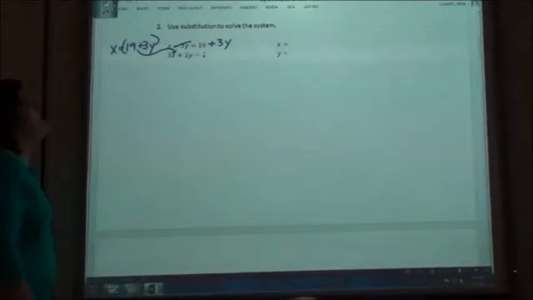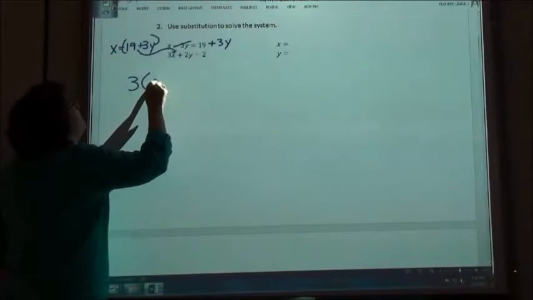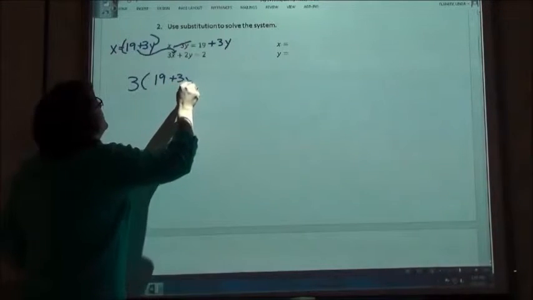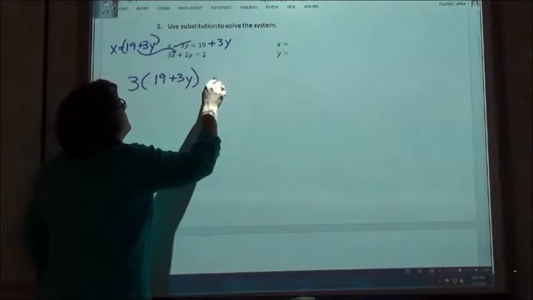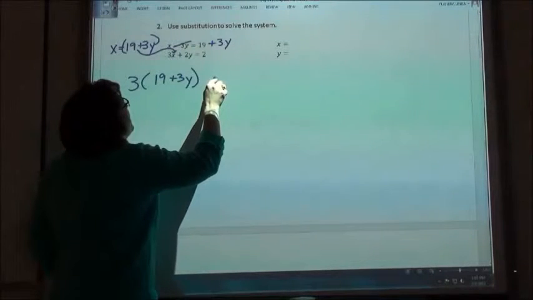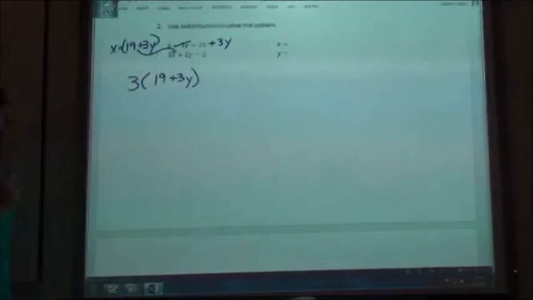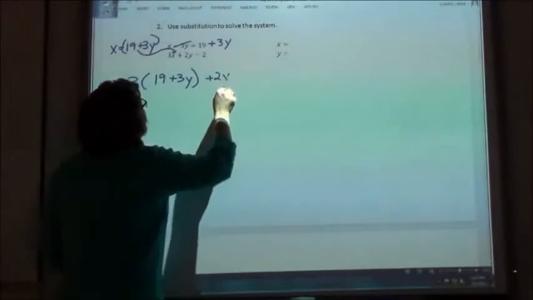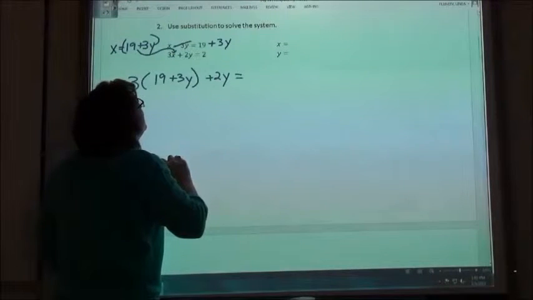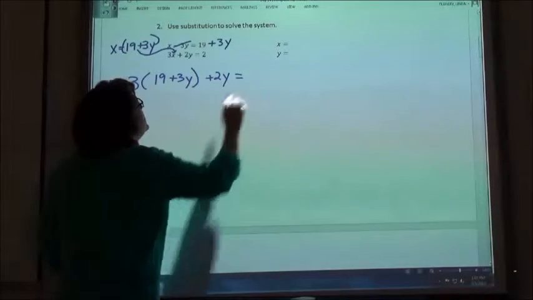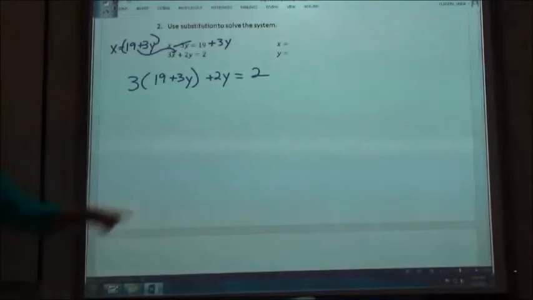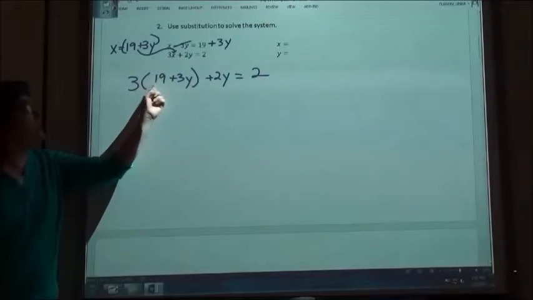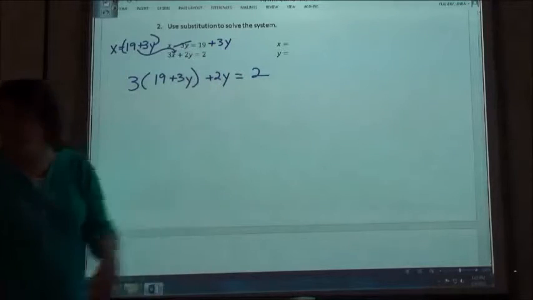So if I do that, what would I have? So 3 parentheses, 19 plus 3y, parentheses, equals x. Whoops. Plus 2y. We need plus 2y equals 2. There's what we should have. So we just replaced the x in that bottom equation with the 19 plus 3y, and everything else just came